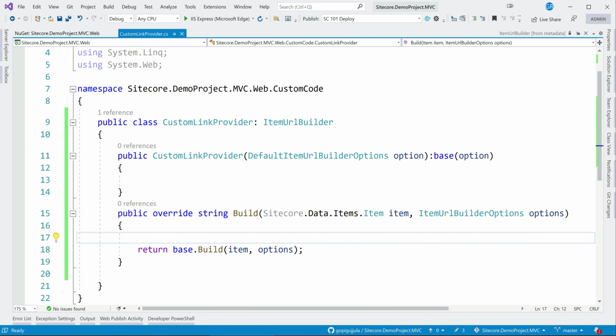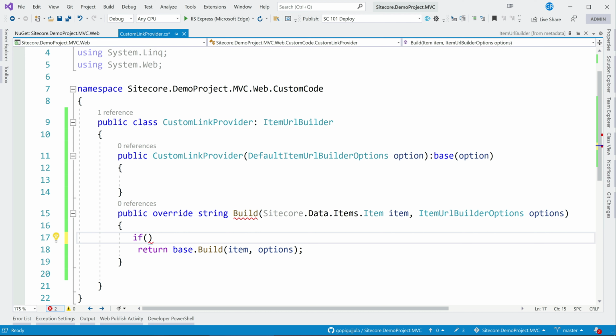Okay, let me come here now. The first thing we want to identify is whether this particular item is under buckets. So what is a bucket? The date, month, year, or all those folders are there, right? They're all called bucket folders.